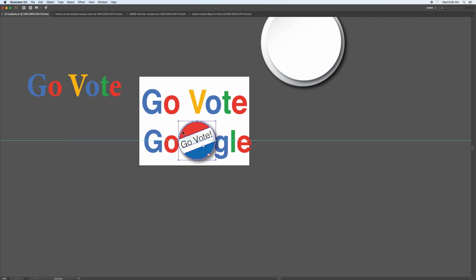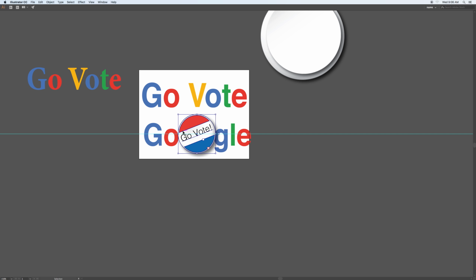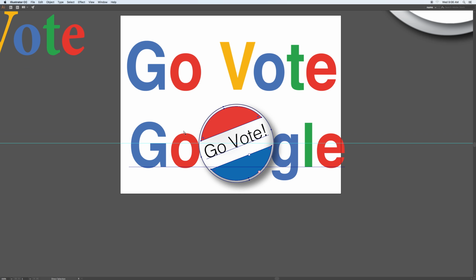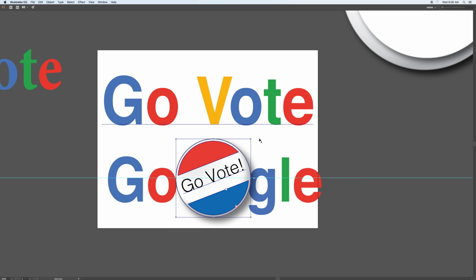Like that. So see if you can locate those pieces. So just kind of giving